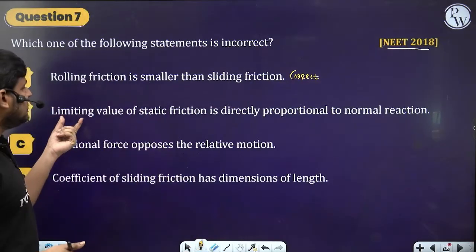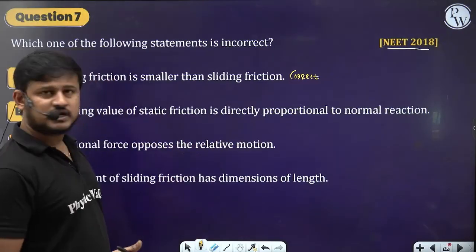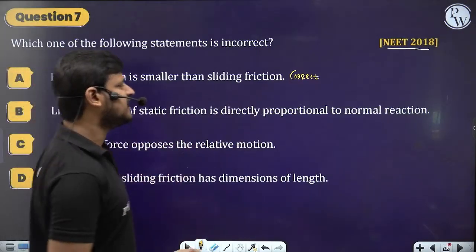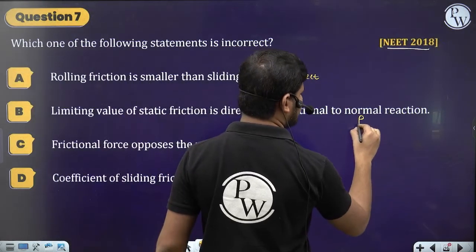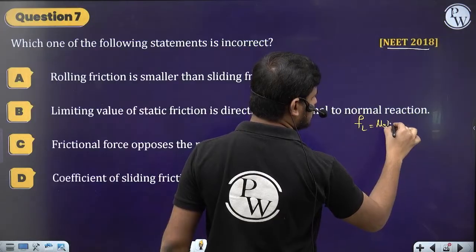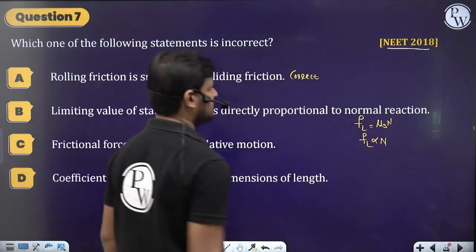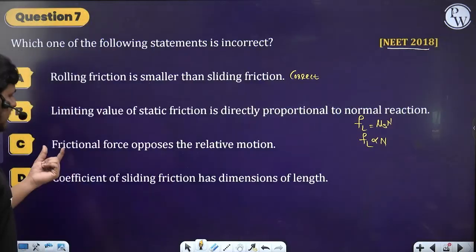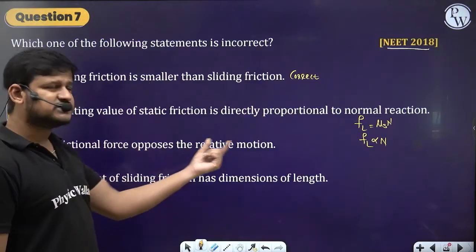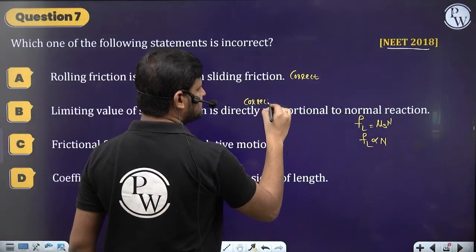And then, the limiting value of the static friction is directly proportional to normal reaction. So we know that for the static friction, FL is equal to mu s into N. So the limiting value of the static friction is directly proportional to normal reaction. Fine. And then, frictional force opposes the relative motion. So the second statement is correct, and the third statement is